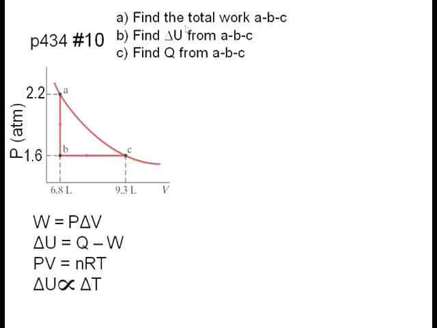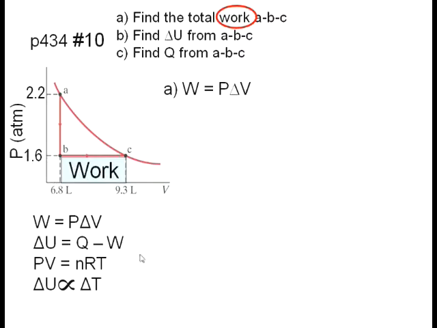So the first thing is asking us to find the total work done from A to B to C. And work is pressure times change in volume. So I look for my graph from A to B to C. I know from A to B there's no work, that is an isovolumetric process. From B to C is an isobaric process. So the work is going to be the area underneath that graph. So for area, I'm going to do the change in volume down here, 9.3 minus 6.8, and multiply by the